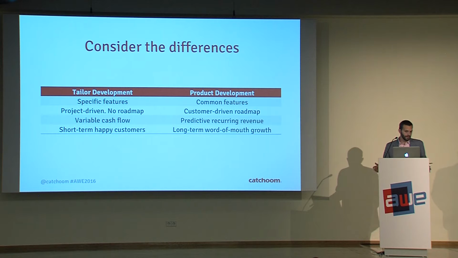The first one is quite obvious. You would start to develop specific features for each one of your customers every time. We have seen some examples of this in the previous session. For instance, the project in Rome was a specific feature, developed for that. Whereas if you build a product, you will start becoming more agnostic of the specific use case, and you will start developing a layout of common features.